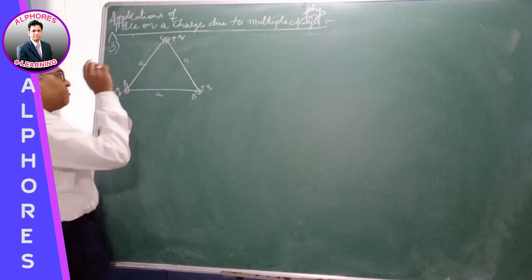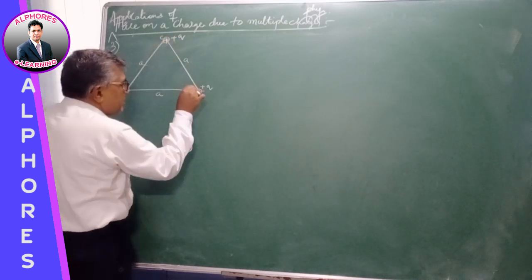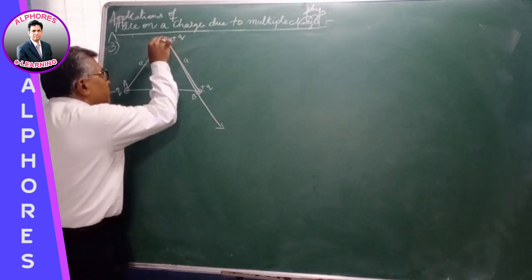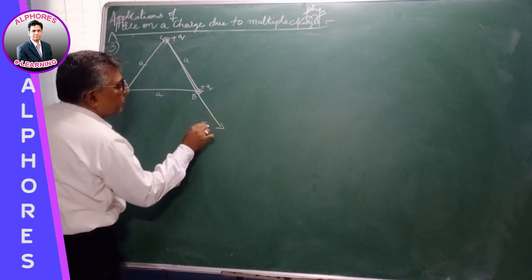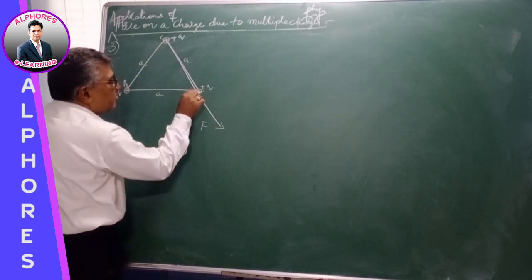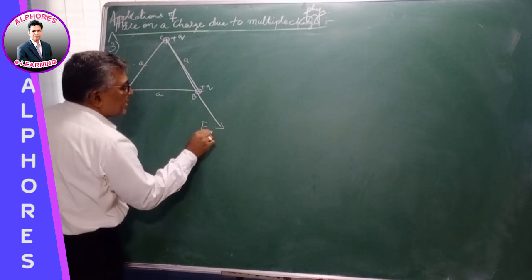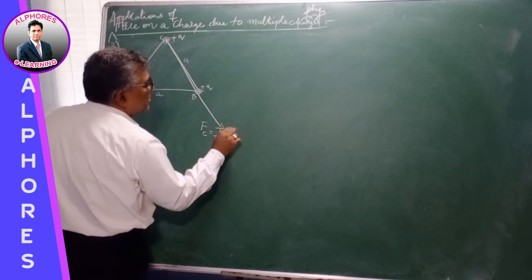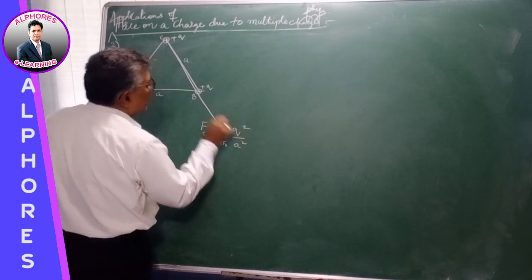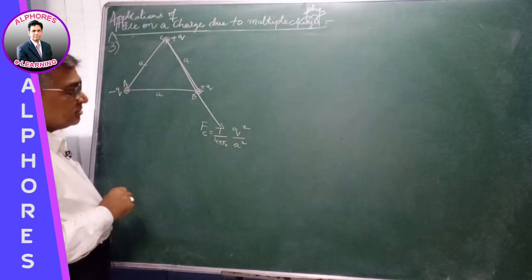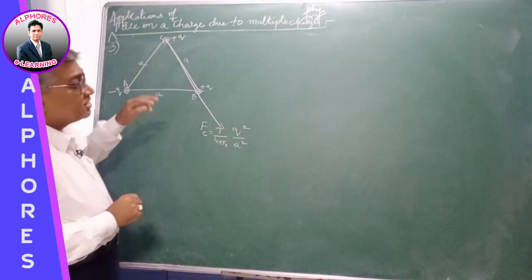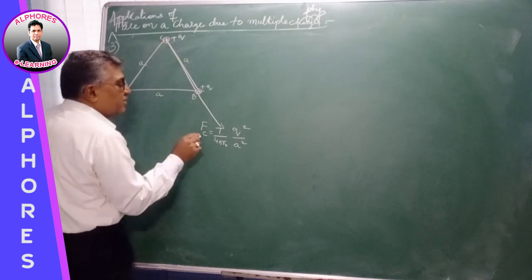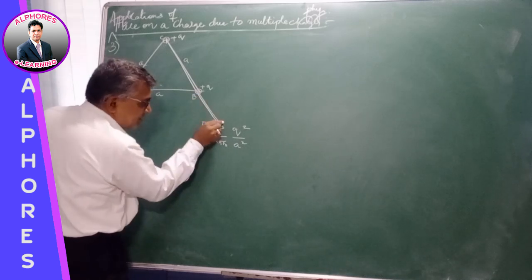Now this is positive charge and this is positive charge. This positive charge repels this charge. So the force on B due to C, that is the force on B due to the charge on C, FC, let us say, is 1 by 4 pi epsilon naught, same magnitude, Q square by A square, distance is A. Now both are like charges, and like charges repel, so FC is like this, direction in this way.